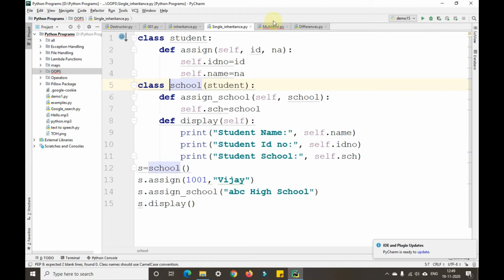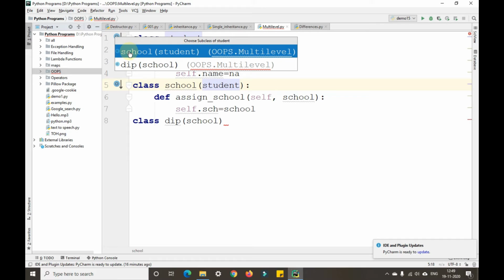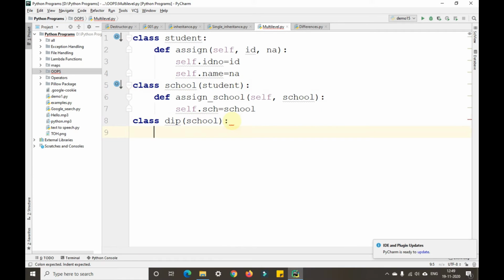So as you can see, this is the single inheritance, whereas in this, it is showing school, and in school we are inheriting the student class, and in disp we are inheriting school. So whenever we are inheriting this school class, it is automatically inheriting this student class here. Okay. So now let me